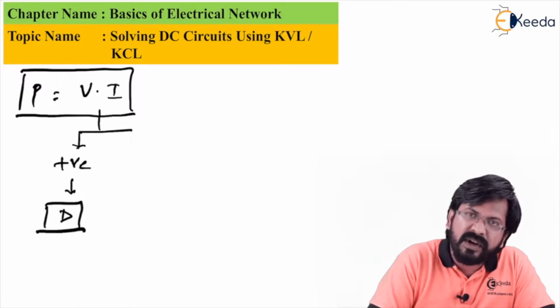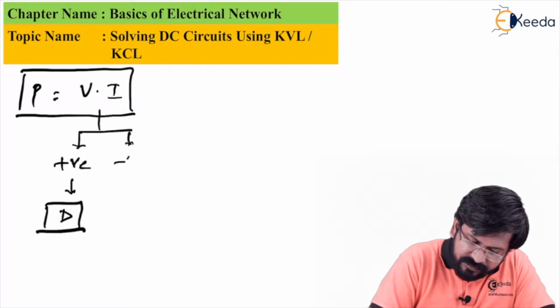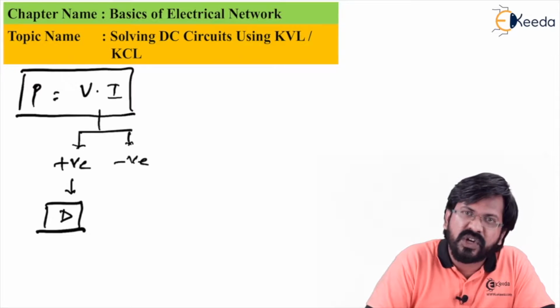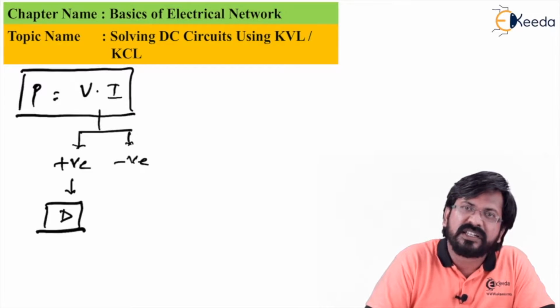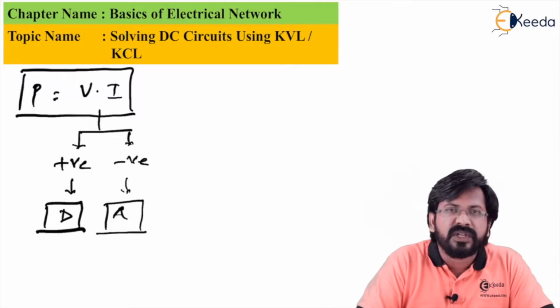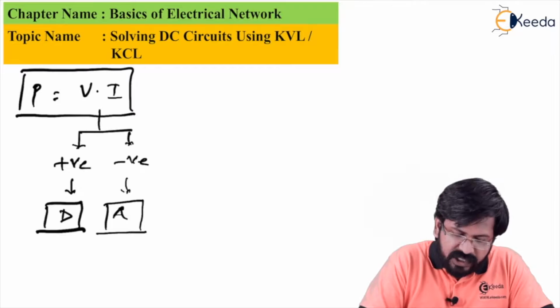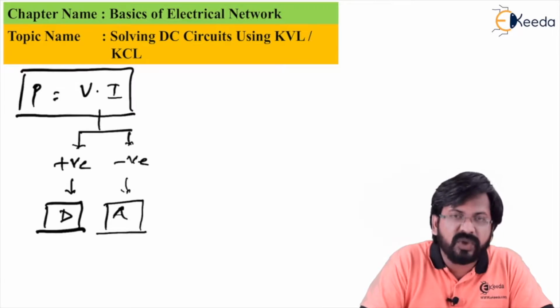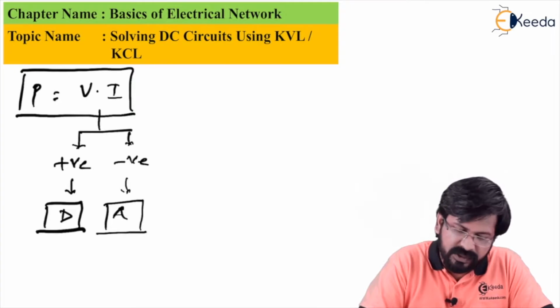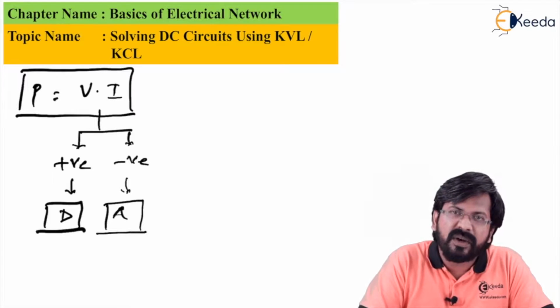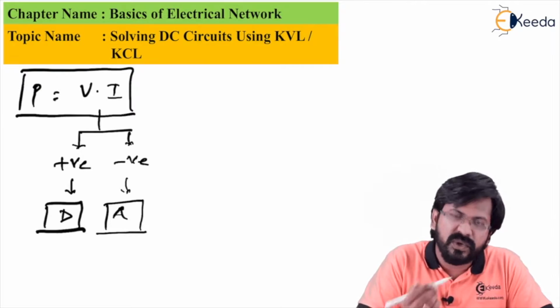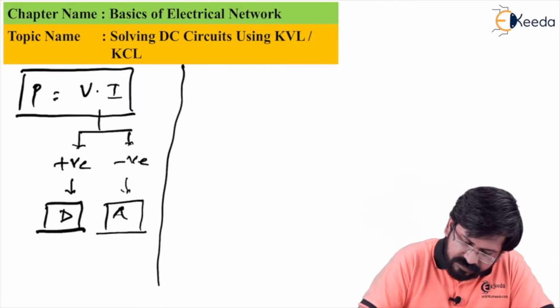Whereas if this power comes out to be negative, then we should understand that it is not delivering the power, rather it is absorbing the power. So looking at the magnitude of the power, if it comes out to be positive, it is always delivering. If it comes out to be negative, it is absorbing the power. We will understand how power becomes negative with respect to sources.